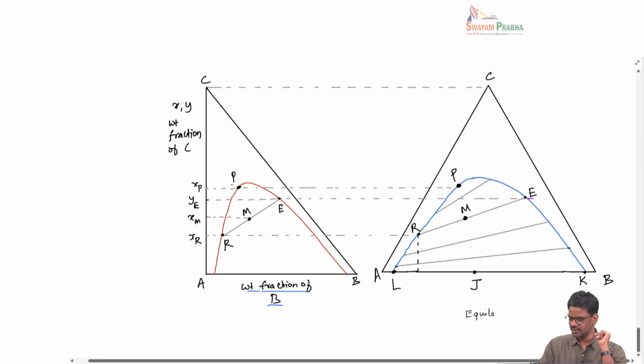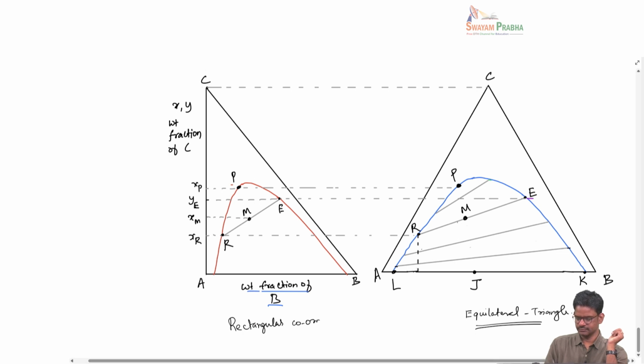So now what we can do, this is an equilateral triangle based ternary diagram. We would like to convert this into a rectangular coordinates unit. What we are trying to do here is read the information from the ternary diagram, the equilateral triangle based phase diagram, and then map it into a rectangular coordinate system,